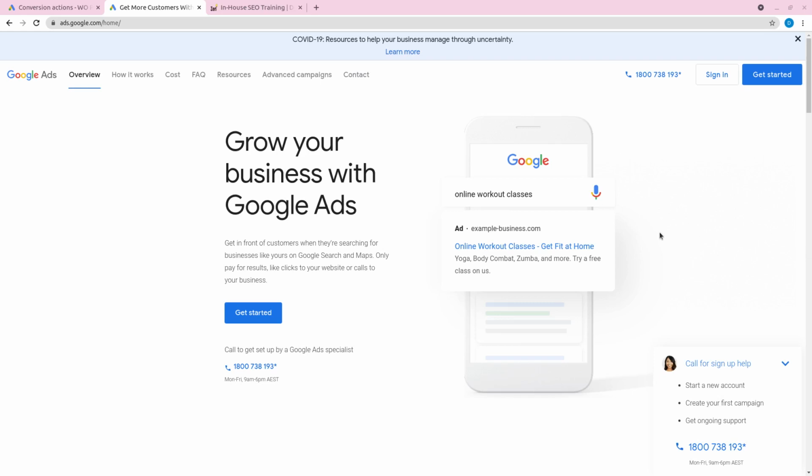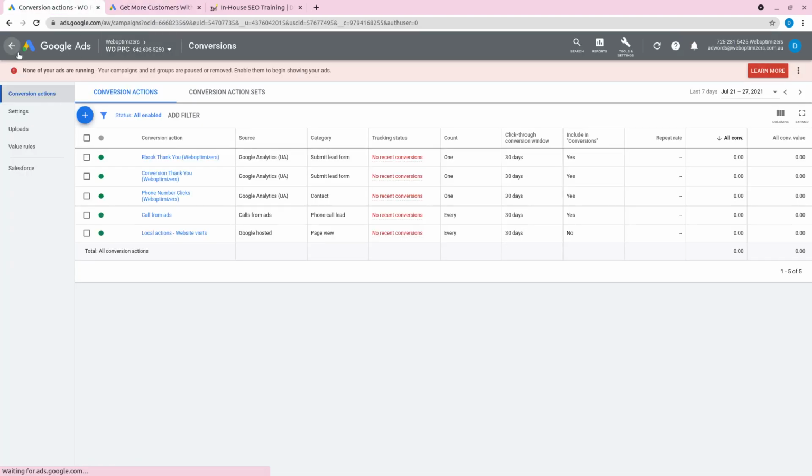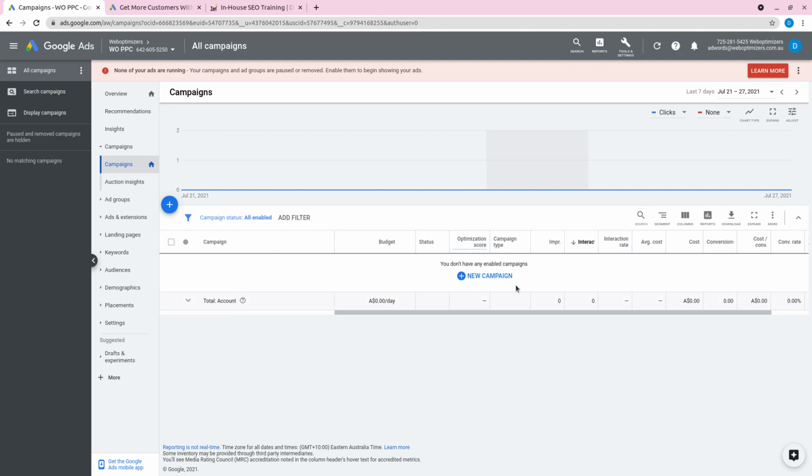Let's go ahead and create a Google Ads account. So first thing, you'd go to ads.google.com and either sign in or click on Get Started to be able to create a Google account. If you already have a Gmail or a Google account, you can simply click on Sign In, fill out the form, fill out the billing details, and eventually land on this screen over here where you have the option to